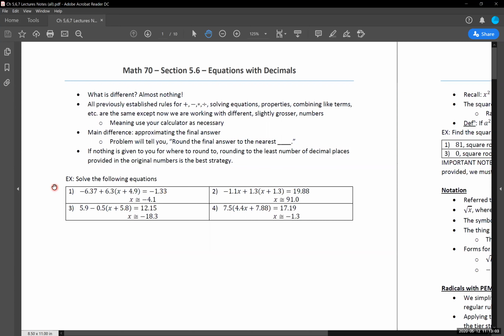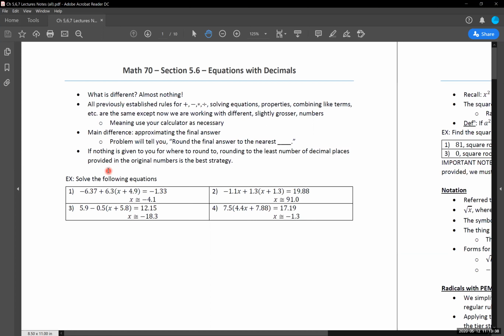But you do not want to do any kind of rounding whatsoever until you get to the very, very, very final answer. That's the biggest part that trips people up in this section is, well, partway through the problem, I might get a kind of long decimal that shows up. Write it out. Write the whole thing out. You're going to let the calculator do a bunch of the work for you, but write it out. Only round decimals when you get to your final answer in the problem. And again, the problem should tell you what that's going to look like.